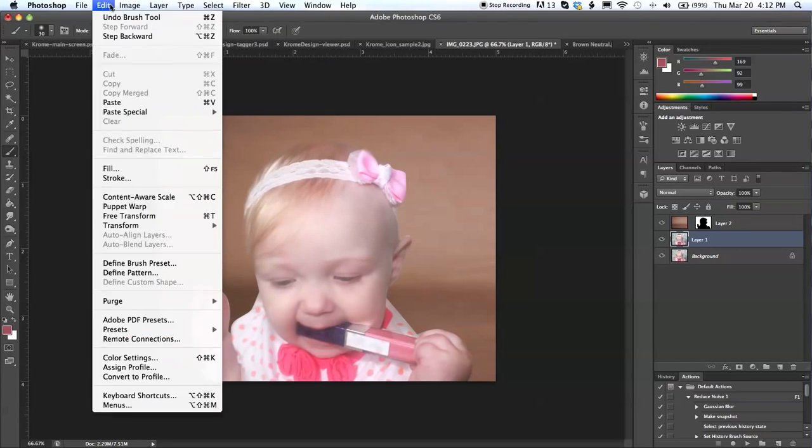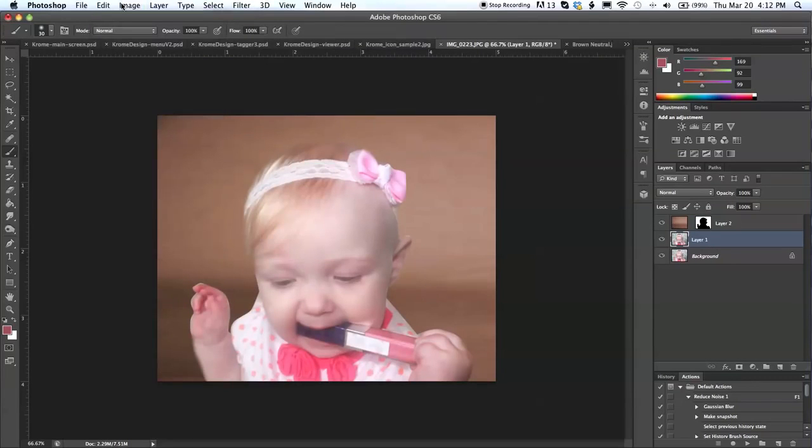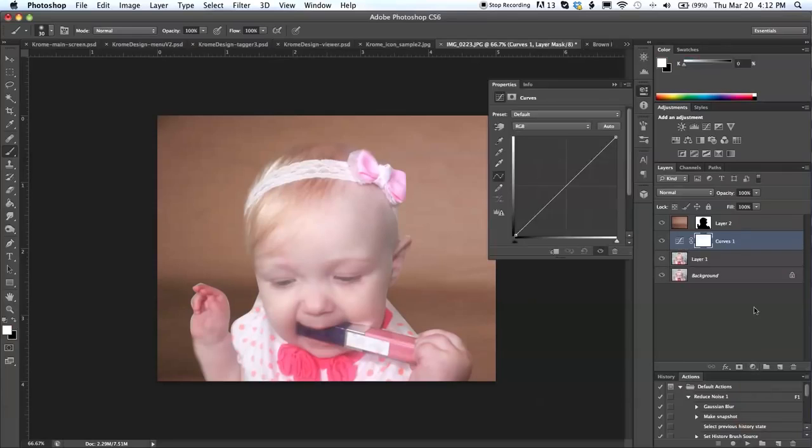If I went here and I made adjustments, then those would be permanent and you can't undo them once you save the file and close it. But if you come over to the layers panel, you click on this little button right here, and we open an adjustment layer. What's great is, first of all, it automatically names it curves,